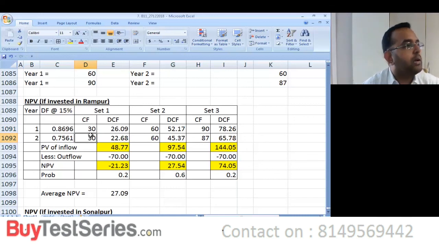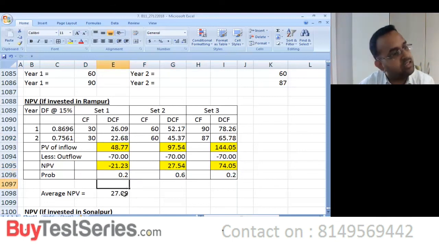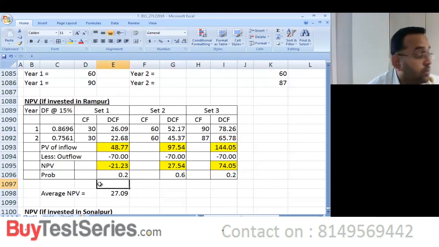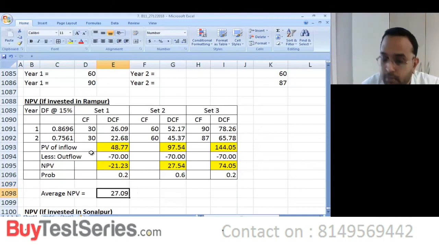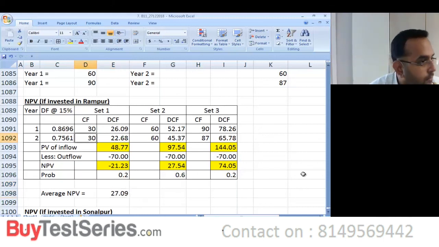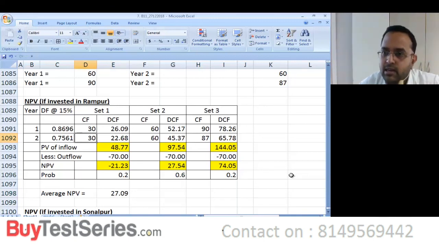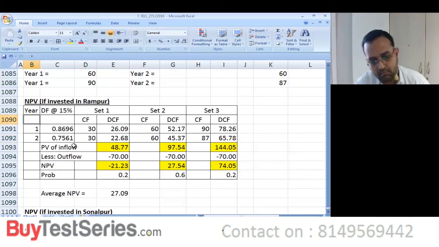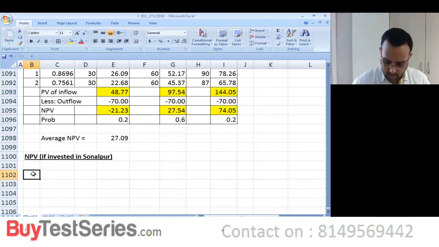And then we figure out what is the net present value and calculate 3 different net present values and then find out the average of this and then tell yourself what is the revised net present value. That's going to be more than this 27.09 because obviously this cash flow has increased now. Second year it's not 35, 30. Second year it's 45. In fact, it's not 45. It's much more. 45 is on the first year end terms. 30 is on the second year end terms. Right? So we'll make a note of this.